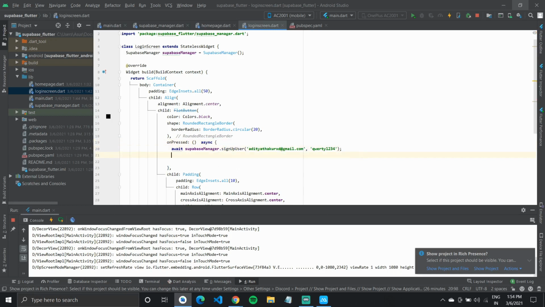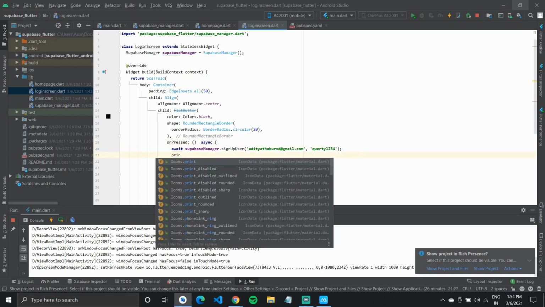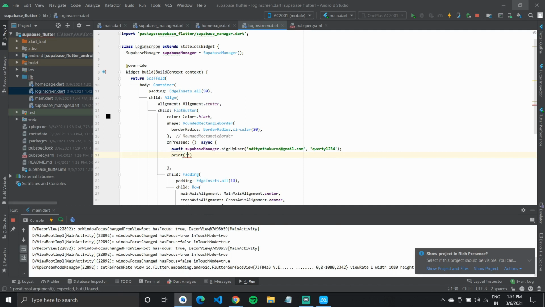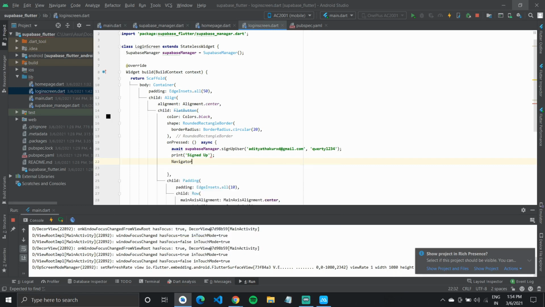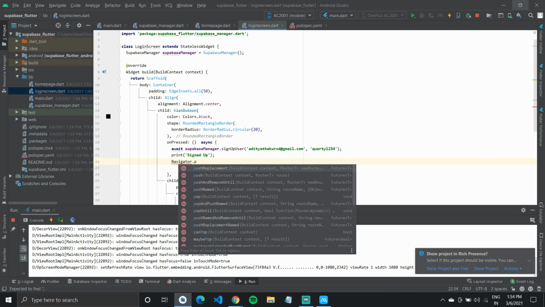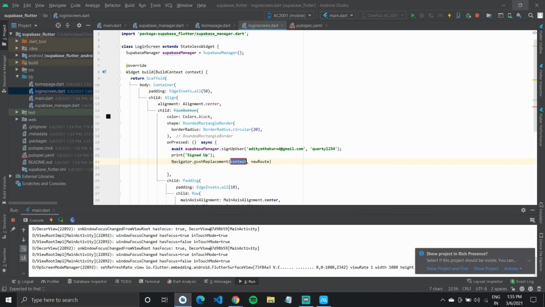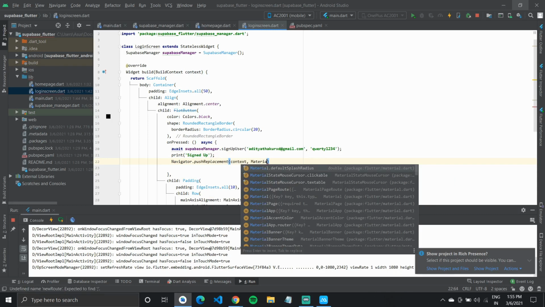So only once this is done, I can print signed up, right? And then I can navigate to my next tree. Dot push. Push replacement takes in the context and a material page route.